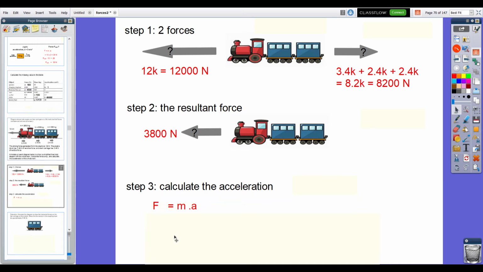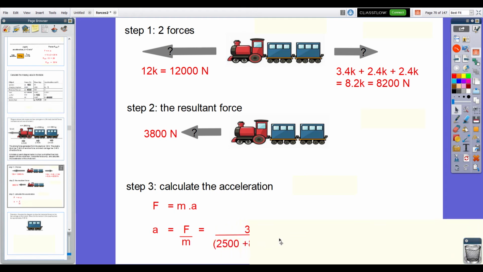Now we just need to do F equals MA. But what have we been asked to calculate? Well, not F, we've got F. We know the mass of the train, that was all given in the question. We've been asked to calculate the acceleration. So A equals F over M. Let's put the force in. Force is going to be